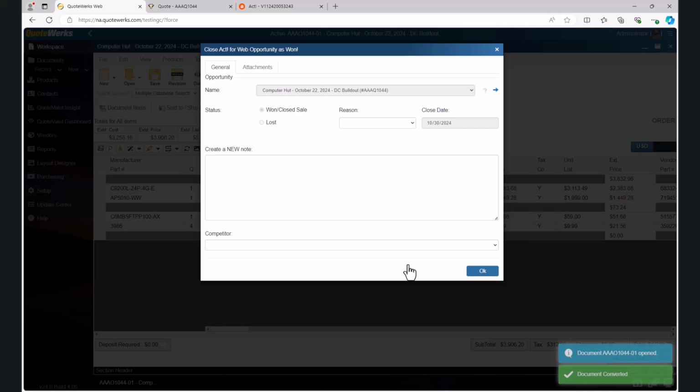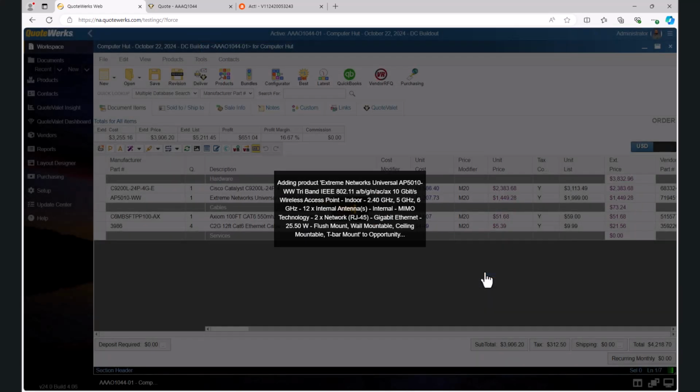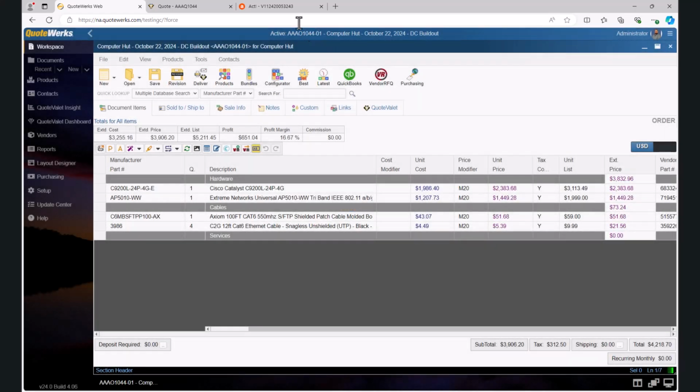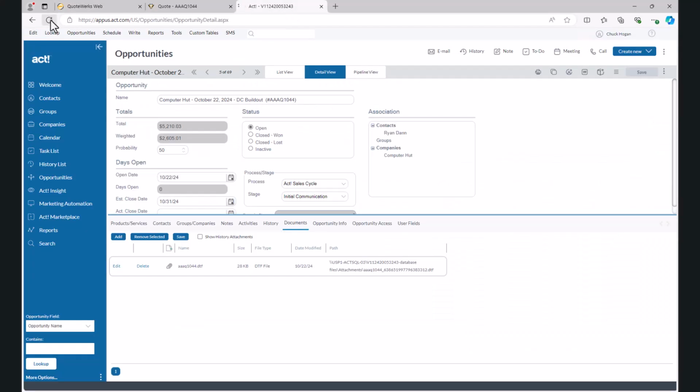So this will actually tell us that you've marked the document as won in QuoteWerks. Do you want to update it as won in ACT for Web? And in this case we do, so we can set the close date, but it'll automatically be set to today. And we could also add a new note if we'd like, or competitor information, and then click OK. Then if we go back into ACT and we refresh our opportunity, you'll see that our opportunity has now been